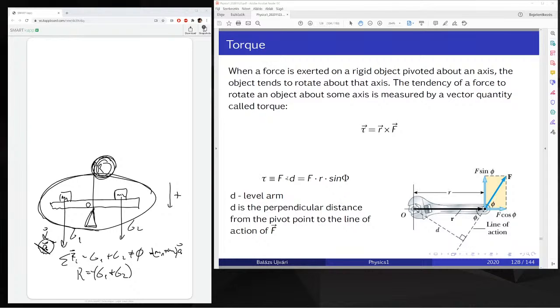In this case, R is the nominal value G1 plus G2, which is 250 Newton. Well, I have to write more clearly. G1 plus G2, which is 250 Newton. All right,